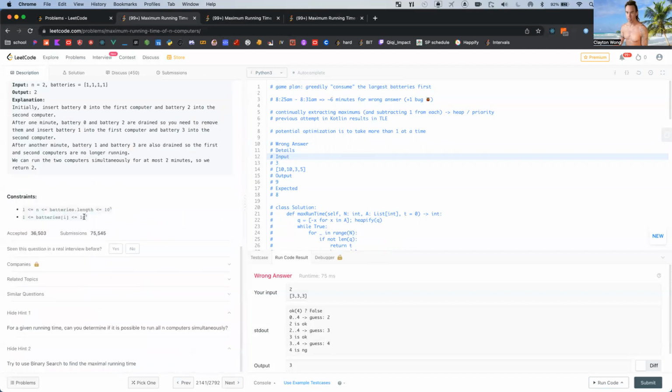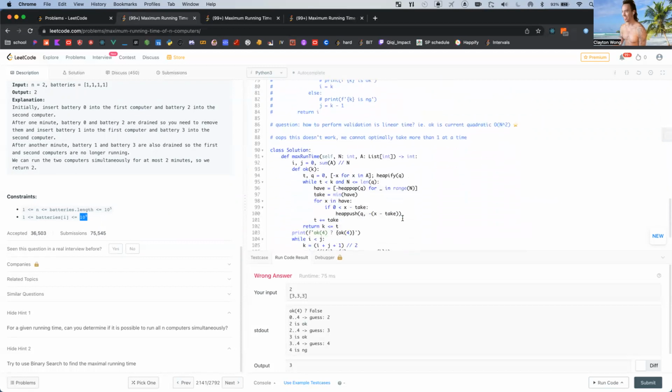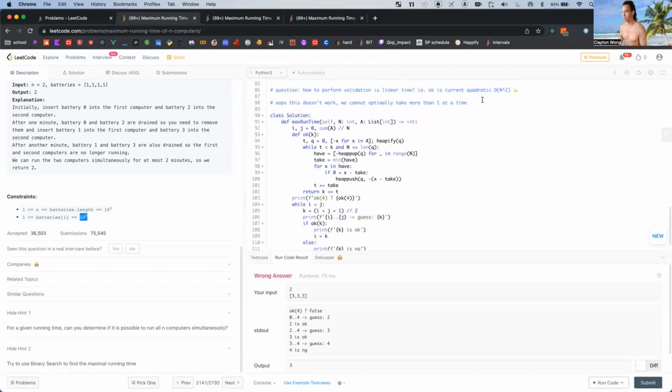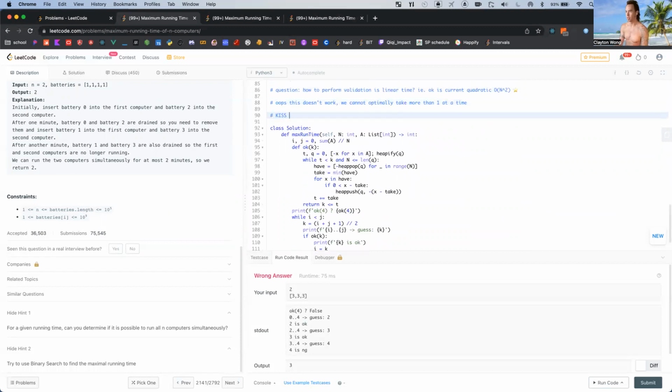Yeah, I still have a lot of work to do. Oh man, these are a billion too, so that doesn't make anything any easier. If that thing's a billion for a linear solution like this, I wonder about a binary search within a binary search, maybe. Yeah, I don't know. It's getting super complicated. So I have to also remember to keep it super simple, right? KISS: keep it super simple.